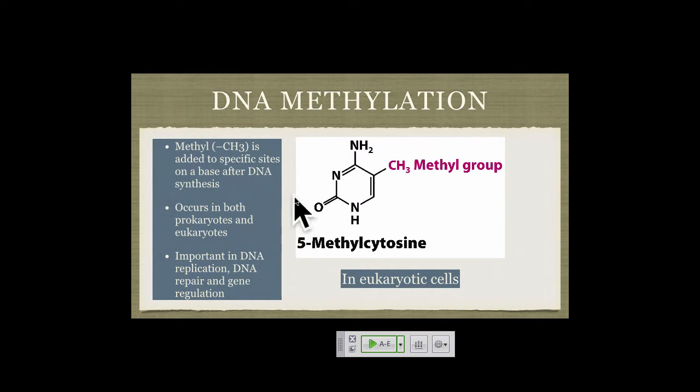Another one just to start to introduce this idea of DNA methylation. We're seeing more and more examples of these chemical modifications. Now, these chemical modifications occur after DNA synthesis. There are not nucleotide triphosphates floating around in the cell that have methyl groups on them. So the DNA is synthesized first without the methylation. The methylation comes in later. So here's 5-methyl-cytosine.